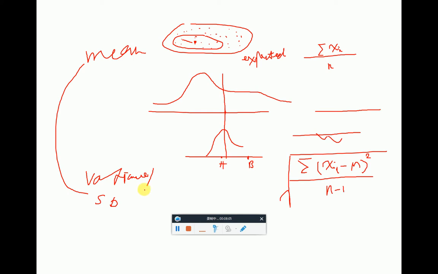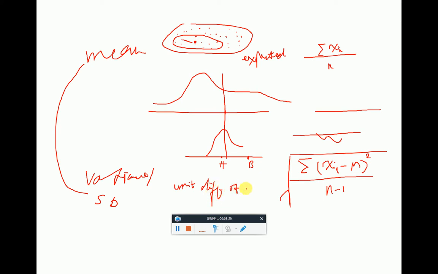So that's essentially what variance and standard deviation express. It's the average distance, so this is calculating an average. It's the average distance of any given value in the sample from the mean. Or in other words, it's the unit difference